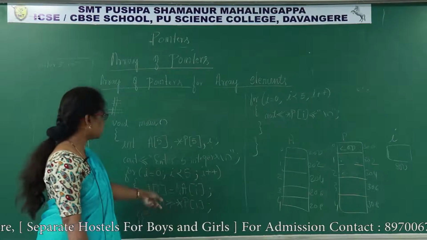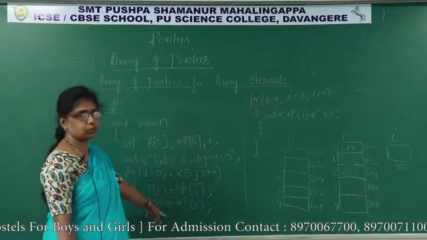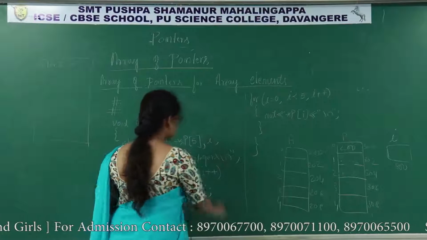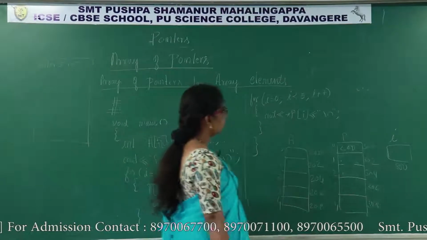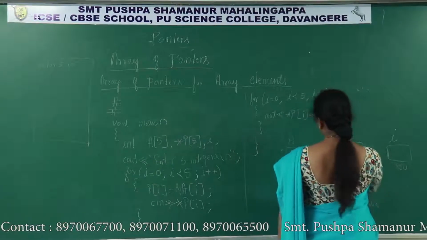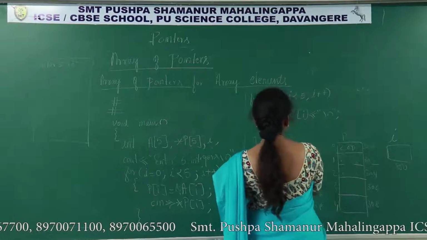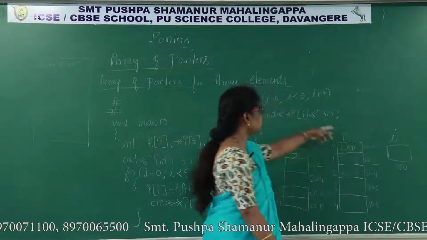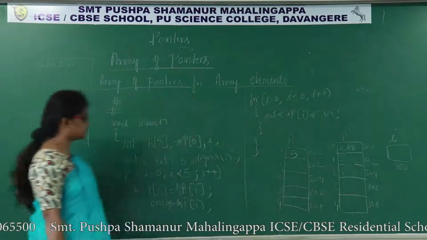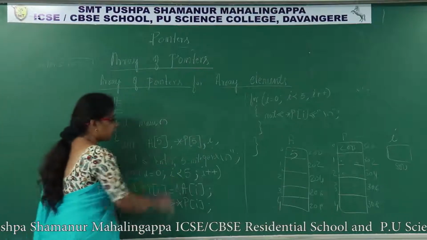200 will be stored in P of 0. The next instruction is the cin extraction operator, star P of 0. I value is 0 now. P of 0 means 200, star 200, this location. So cin extraction is there, and the value 5 will be inserted here. See, using this array of pointers, I am going to insert a value to this memory location. Now I increments, I becomes 1, 1 less than 5, condition true.